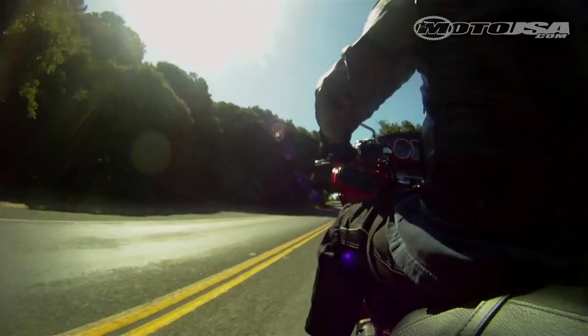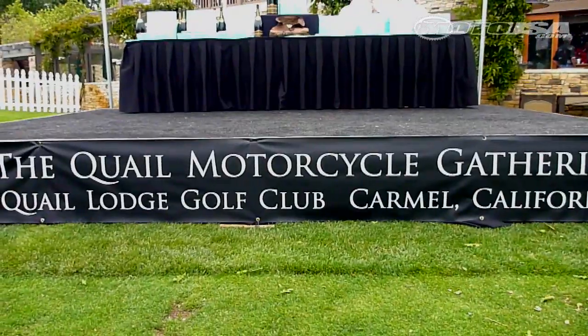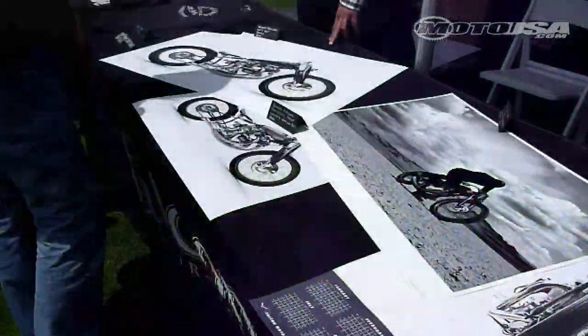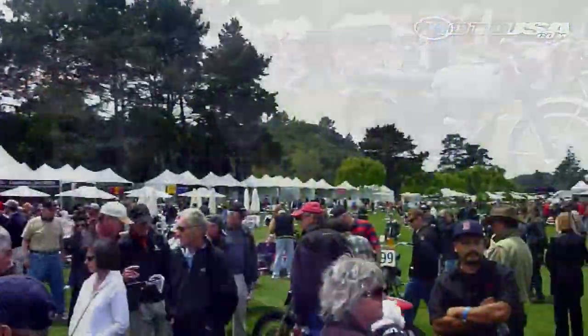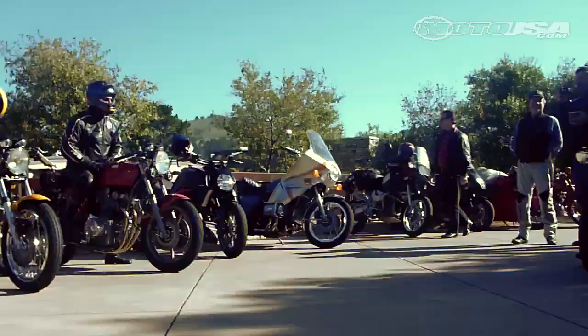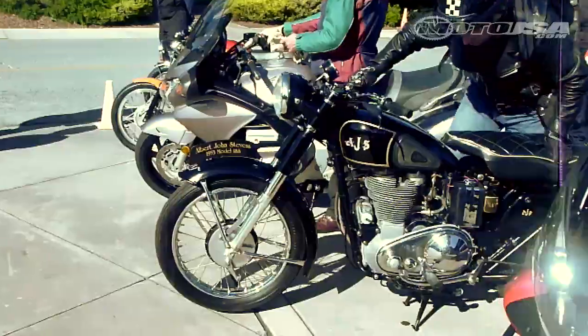Motorcycle USA recently rode down to Carmel, California for the third annual Quail Motorcycle Gathering. The gathering serves as an avenue for motorcycle collectors and enthusiasts to showcase immaculately restored vintage and historically significant motorcycles. The day before the gathering, we participated in the Quail Motorcycle Ride, a 110-mile ride through beautiful Carmel Valley and